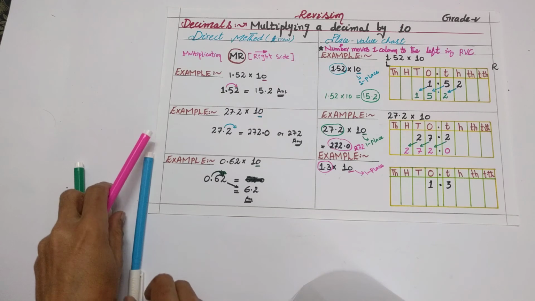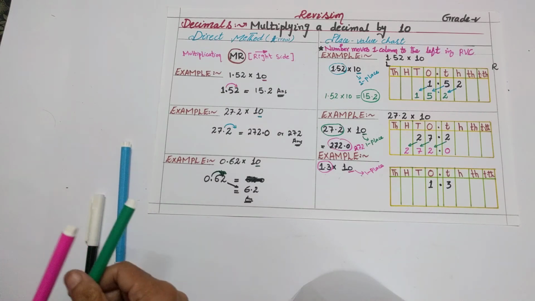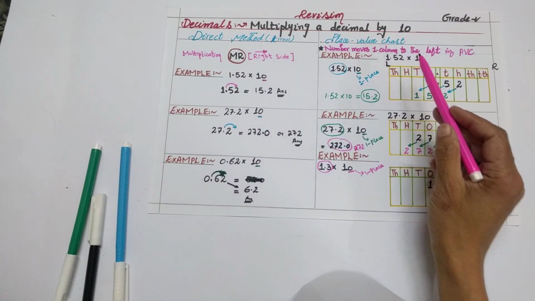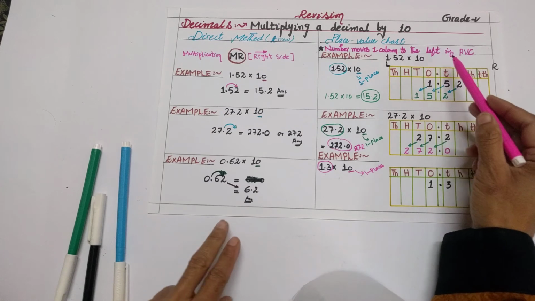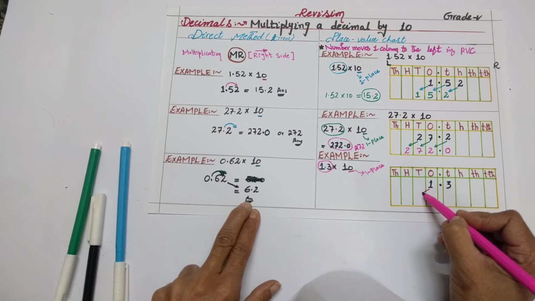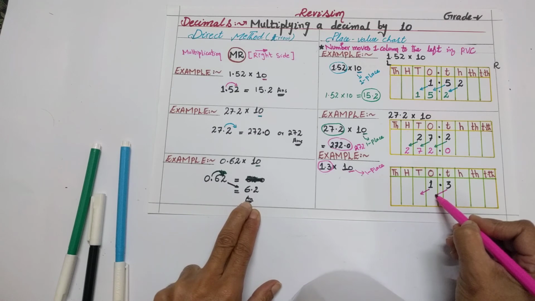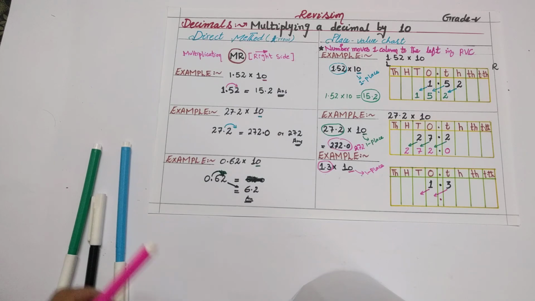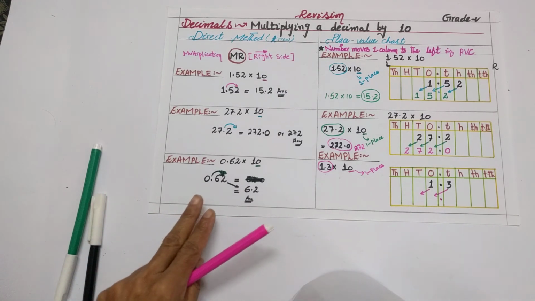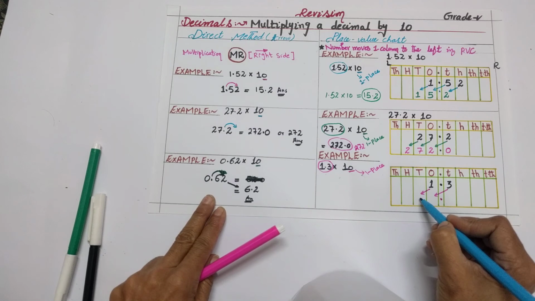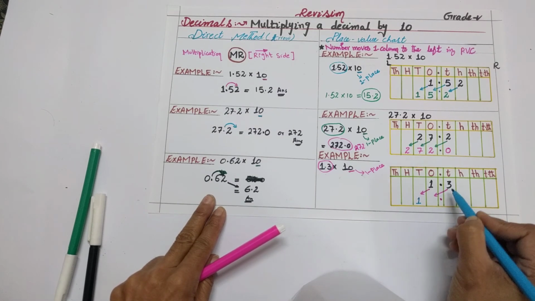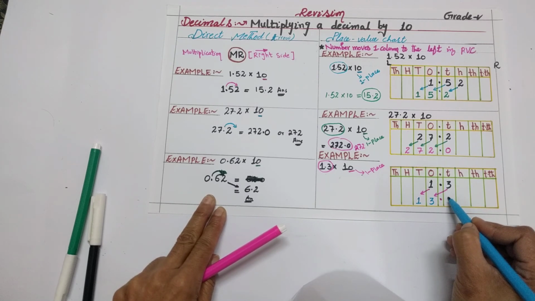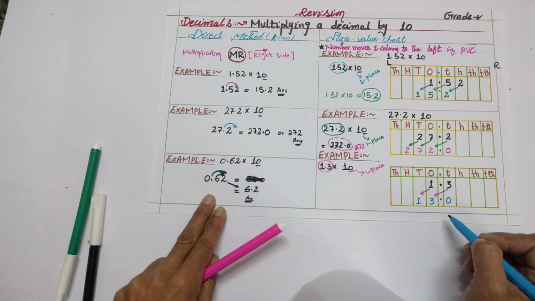After multiplying this 1.3 in the place value chart, what is the rule? The number moves one column to the left. So this number will move one column to the left, this number will move one column to the left, and the decimal will be at the same place. So what will be the new places of the numbers? 1 is moving to the tens place, 3 is moving to the ones place, and in the ones place there is no more digit, so we will put 0 as the placeholder.